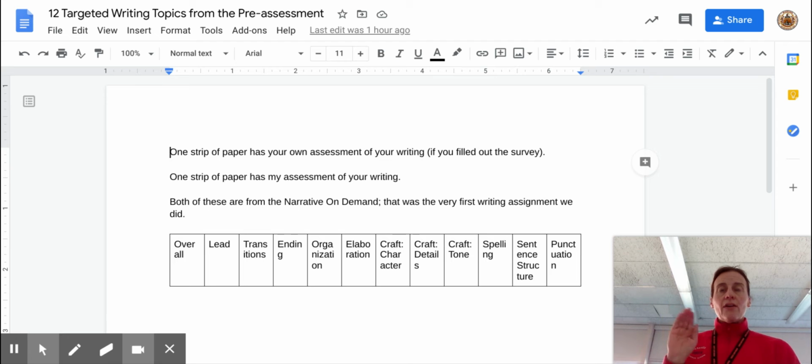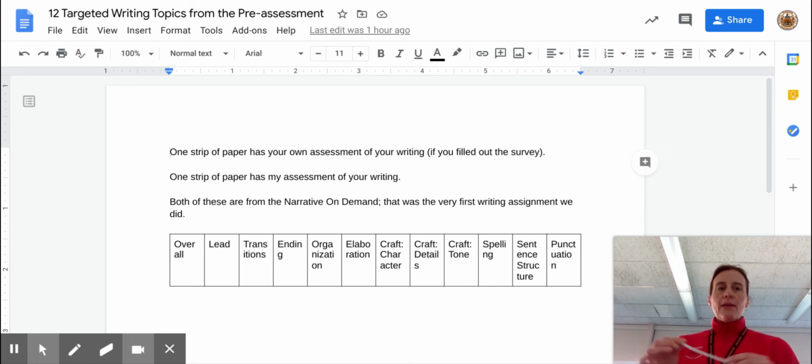And basically the category, you either judged yourself and I judged you or graded you or whatever. It's not really a grade. And so it'll either say not yet, starting to, or yes. And those are the same responses that you had in that narrative reality check checklist. Now, the narrative reality check checklist is actually a pared down questionnaire, right? Because there's only 6 in that. So Mr. Hubbard and I took the 6 things that we felt like we really heavily emphasized over the course of the writing lesson and said, well, let's have our grade be this, because we think these are the concepts that kind of stuck for a lot of students, okay?